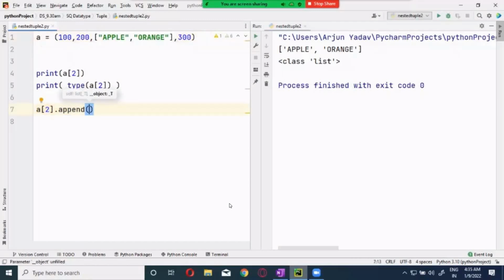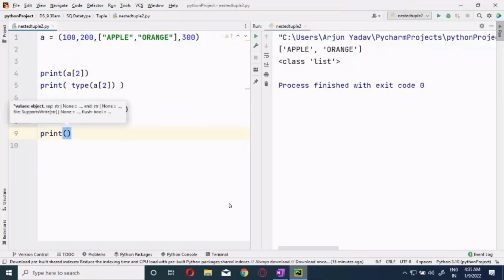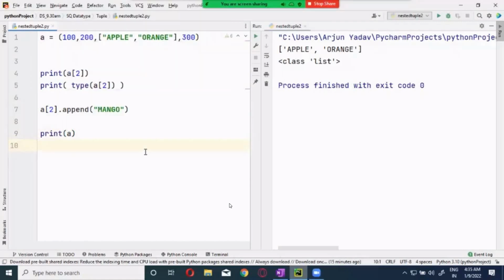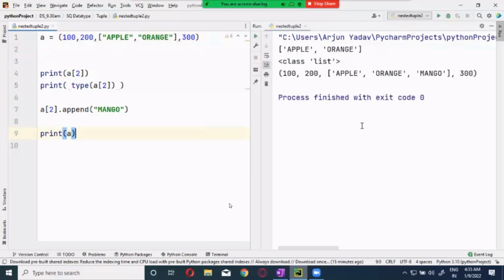I want to enter next, mango and banana. Will this be applicable? Yes, it is applicable. Can I do this? A of A, what will be the output? 100, mango and 300. Good, guys. Clear?